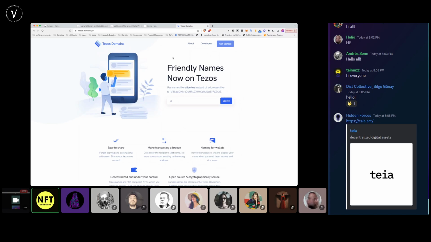So getting started on the Tezos platform, I think it's really helpful to choose a Tezos domain that you feel represents you as an artist or creator. It's completely up to you. Of course, I'm sure a lot of you already have your names figured out. But I think it's always nice to get a corresponding address that goes with that. So if you go to the